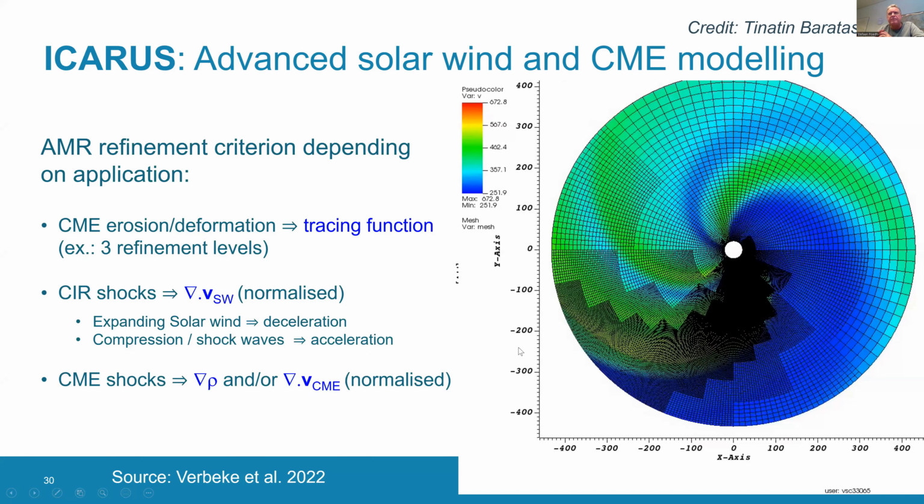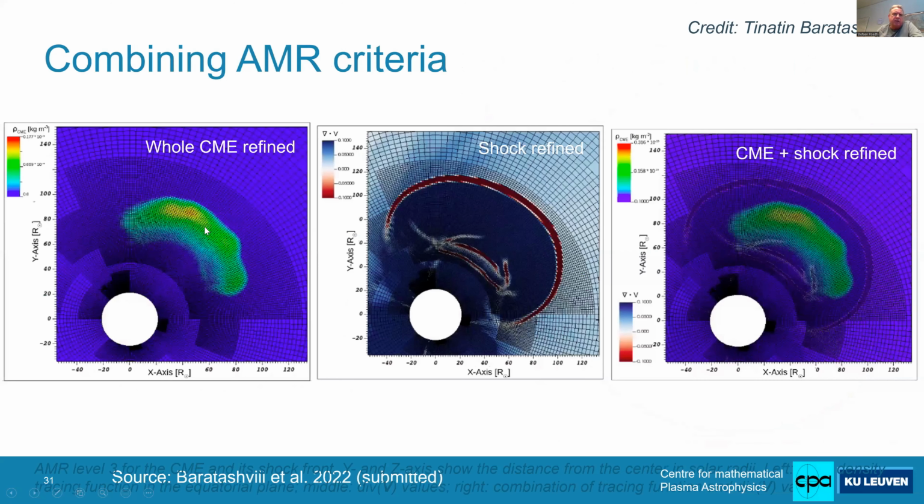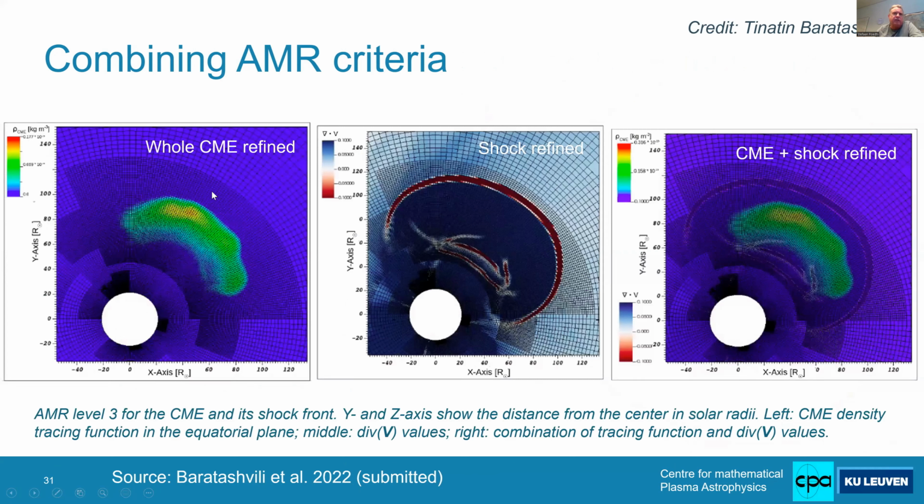So this is now a PhD student, Tina Tim Baratashvili, who is working on that. Here you can see a result where she refined the whole CME. This is important, for instance, if you want to quantify the deformation of the CME, or the erosion of the CME; you need, of course, to have the whole magnetic cloud in high resolution. But if you want to, for instance, predict the arrival of the shock, you can do only the shock. This is with a shock refinement, and you can combine both, of course. This is a combination of the whole CME plus the shock